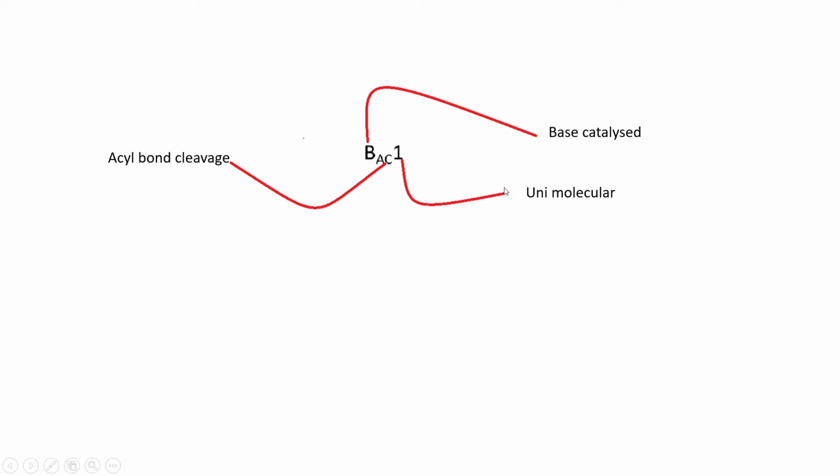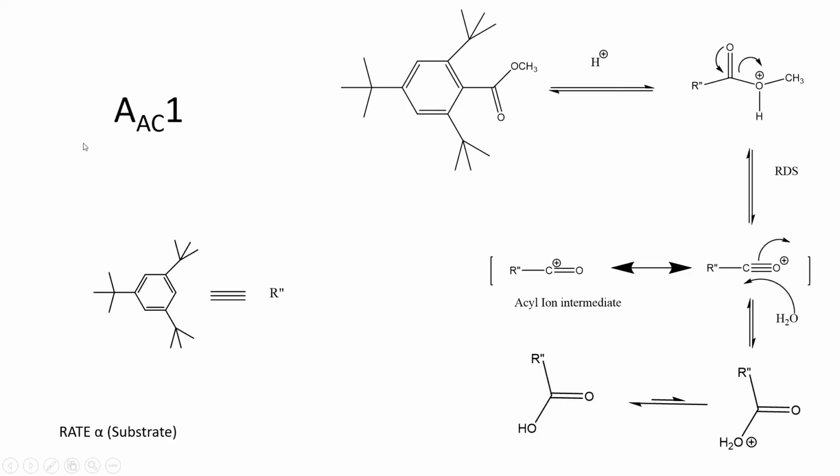Now see the first mechanism, that is the AAC1 mechanism. This is the most important mechanism because these kinds of sterically hindered esters cannot be hydrolyzed with normal laboratory conventional methods. This method was discovered by the scientist Newman. We have to hydrolyze this ester with 99% concentrated sulfuric acid, and then pour into ice cold water. We'll hydrolyze this ester.